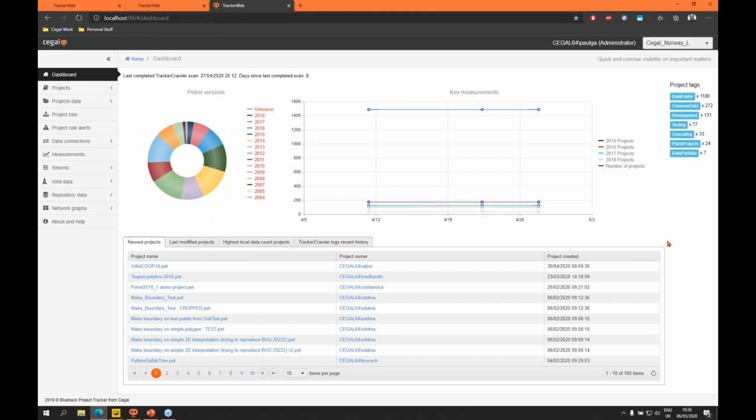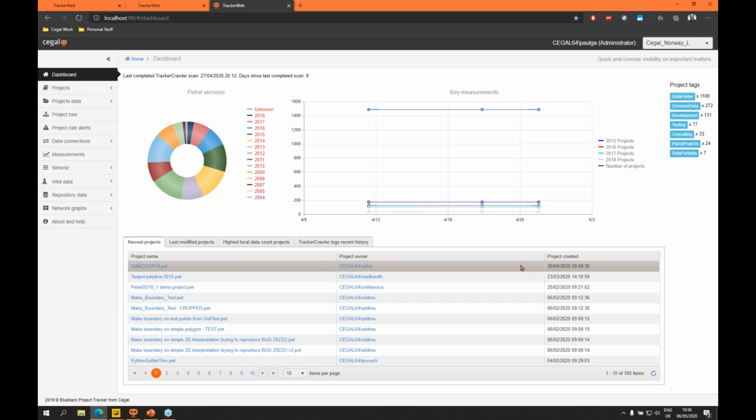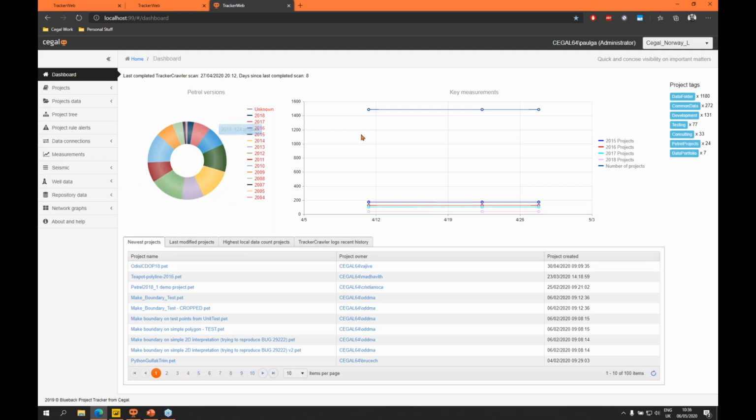So, Tracker Web. Tracker Web would be hosted on a web server internally inside your organization. You'd use a URL to view it. What we have here is some high-level metrics on the front dashboard page. We see the different Petrel versions, key measurements over time, so you can monitor your Petrel environment over time, and